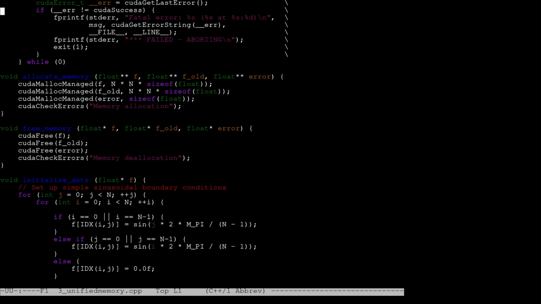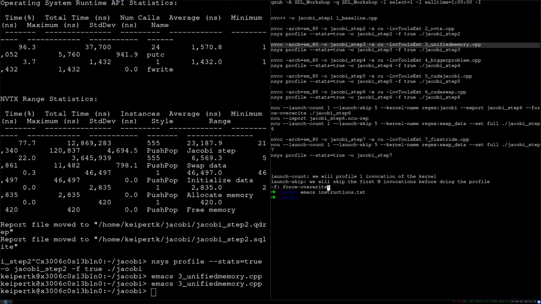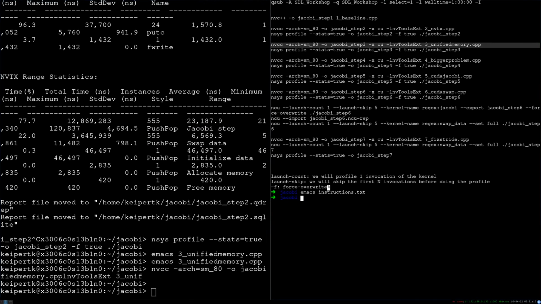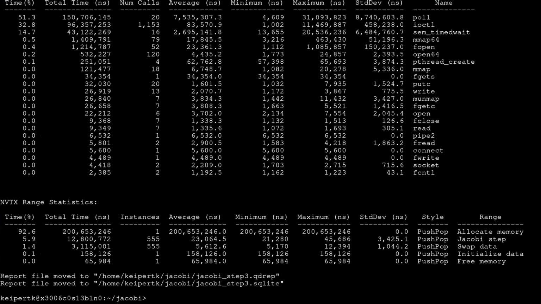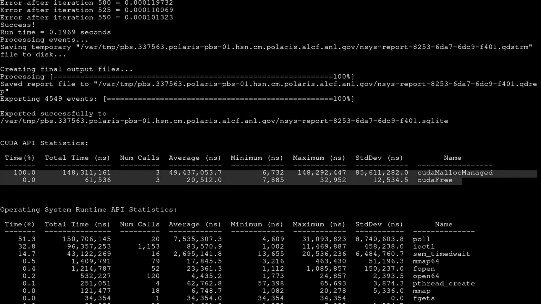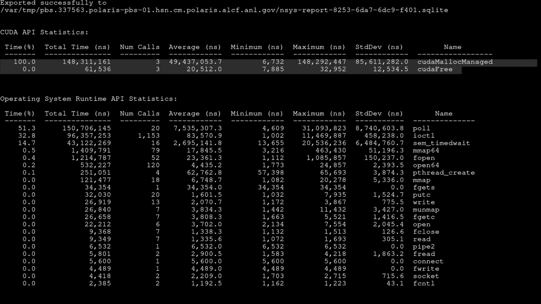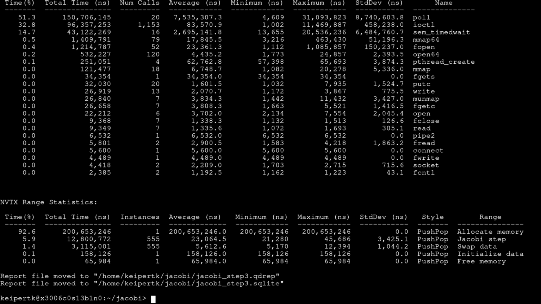So we've added this CUDA malloc managed. Keep in mind, we're still not doing things on the GPU, but there's no reason we can't use managed memory on the way. So we'll go ahead and compile that. Run it. All right, so now we have that allocation broken out. You can get a feel for the overhead of the CUDA runtime API here, on the order of well under a second. Not too much additional overhead added, but now that we have everything moved over to unified memory,